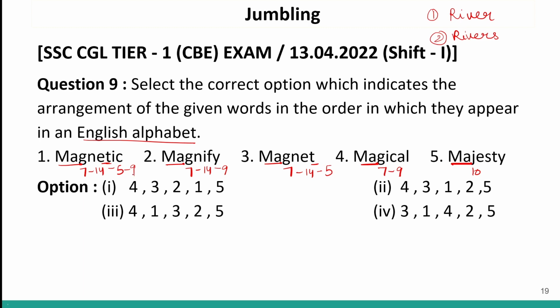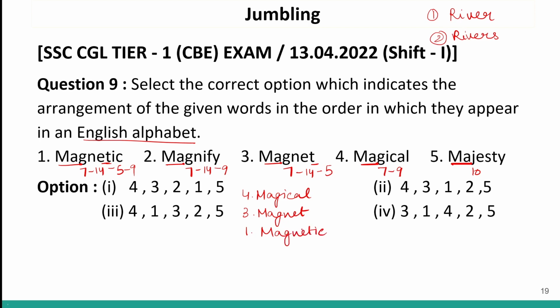Correct? So the correct order will be, the first word will be magical. Then the next word will be magnet. Then after this, the next word will be magnetic.